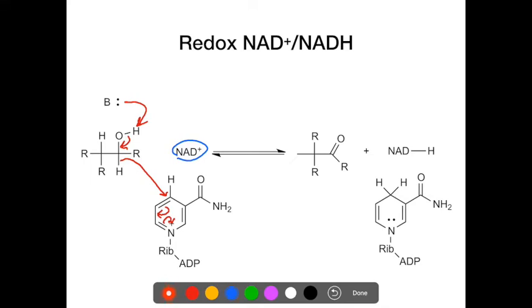Now, you notice that this is an equilibrium, so there's a reverse. And so in reverse, this can also donate a hydride. And so the electron pair can re-aromatize the ring, and this hydride can actually attack. Negative charge will attack at the carbonyl, which is partially positive, and what's going to happen is this will pick up a proton